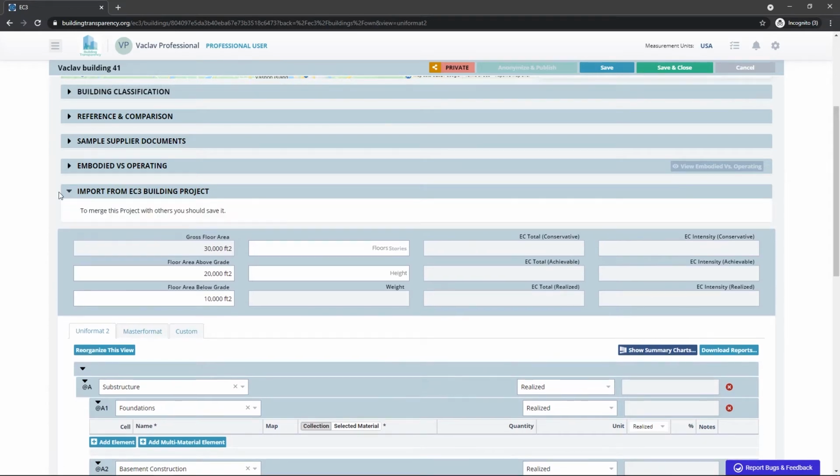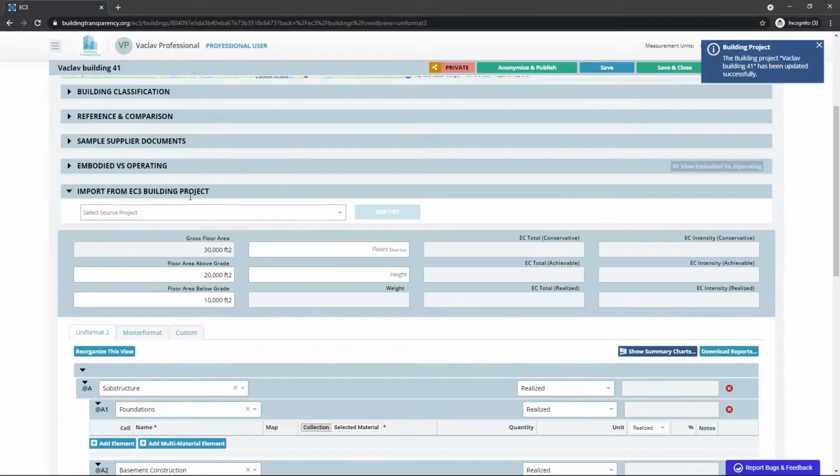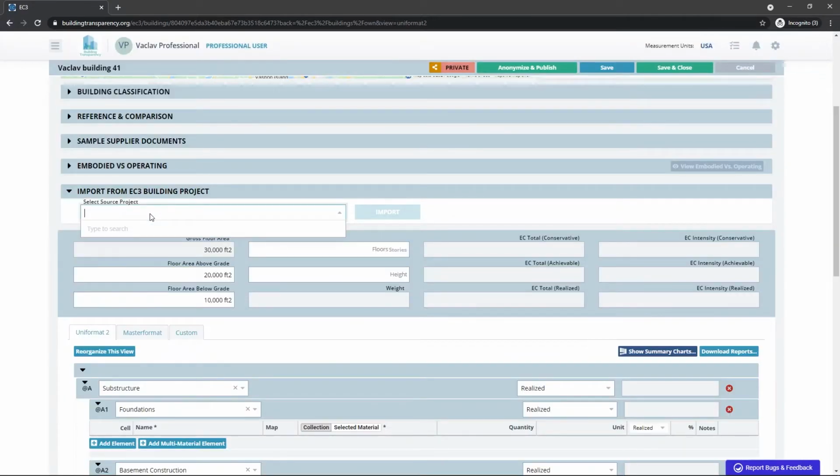In the Import from EC3 Building Project tab, you can import from other EC3 building projects. This is specifically useful for merging models that are brought into EC3 as separate projects. And for this to appear, I first need to save my project again. Once I save, I can type in the name of the project that I would like to merge into my